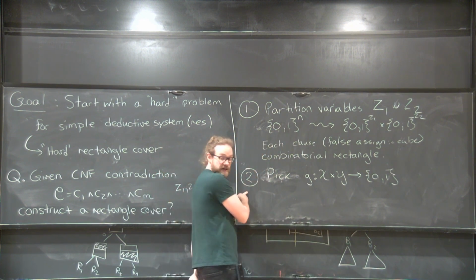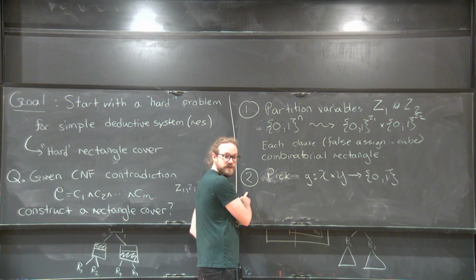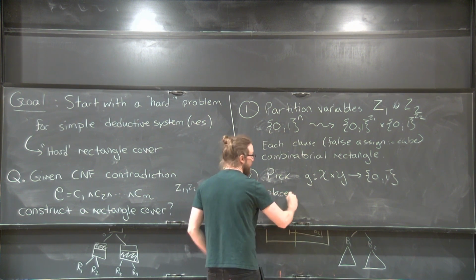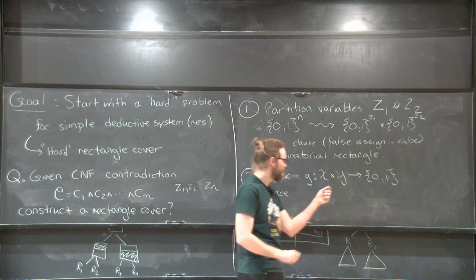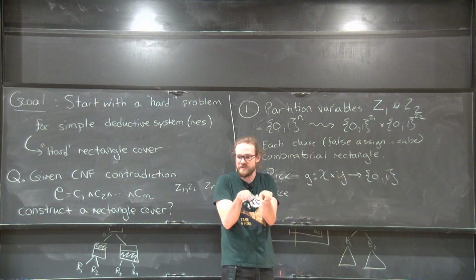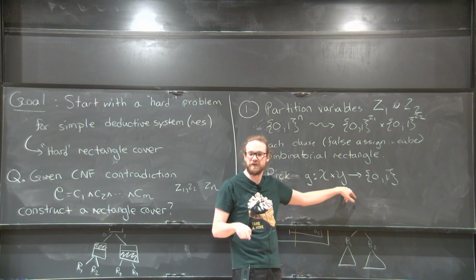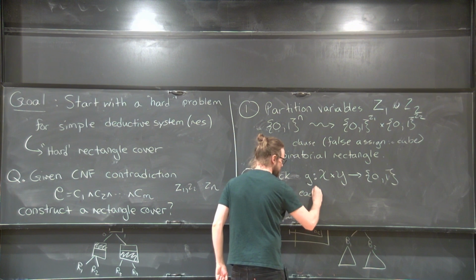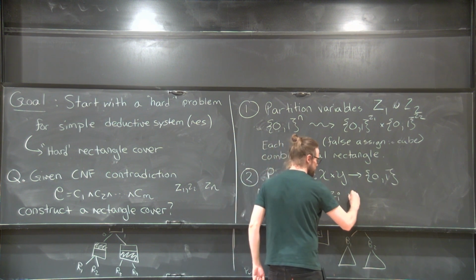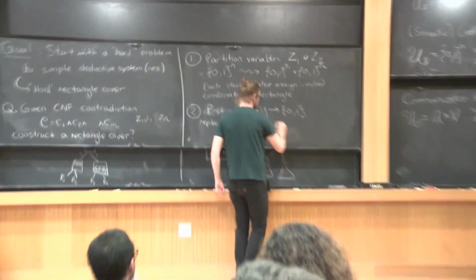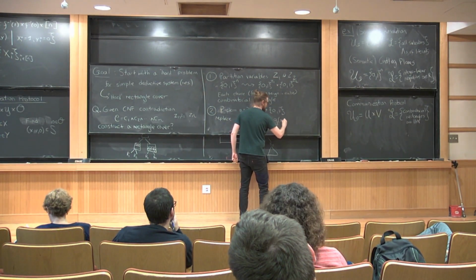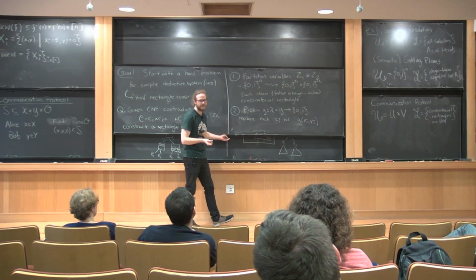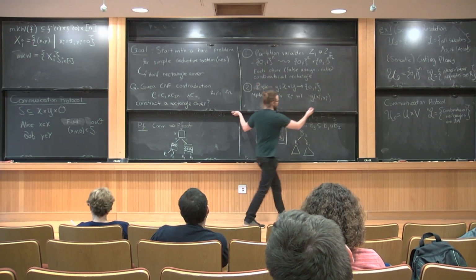So the second step to try to preserve hardness now is to pick a g, some little gadget, and we'll just replace every variable with a copy of g on some fresh inputs, on some inputs from x and y. So replace each z_i with g of x_i and y_i. Okay, so